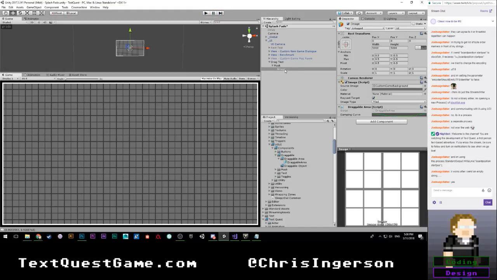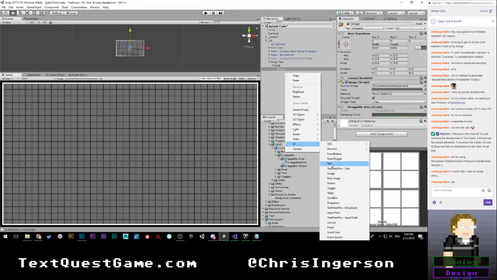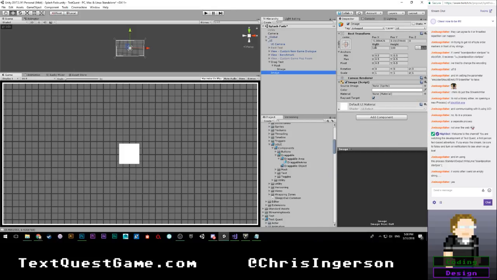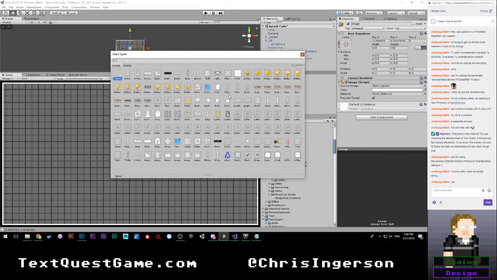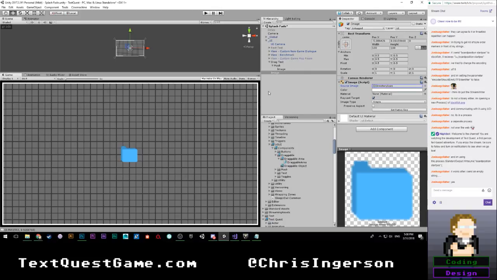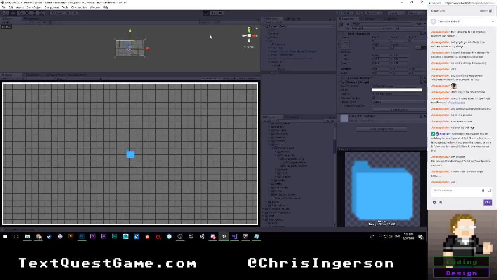I'm gonna put a center dot in here just so it's easy to focus on. UI image. Let's just go ahead and make this like there. We'll use the file icon. We're gonna set its position to be 0 and 0. Make sure that I don't have ProGrids on. Set our width to be like 50 and 50. Okay. So now whenever I click and drag,